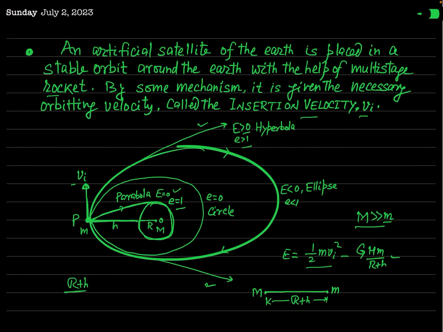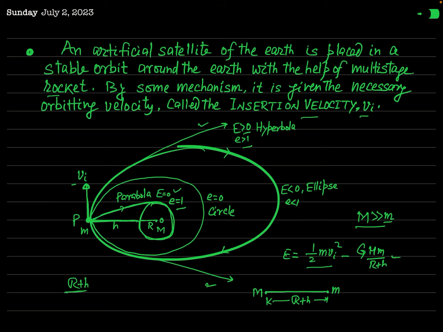So I have shown here that when small e is less than 1, or capital E is less than 0, our satellite will follow an